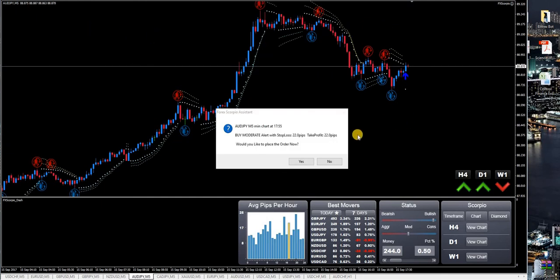All right, we have a potential moderate buy, AUD Japanese yen. We need the scorpions to be taking a step down, which as we can see they are. We have our dot down here, blue arrow, 2 arrows going up, bullish, moderate. All right, so let's go ahead and